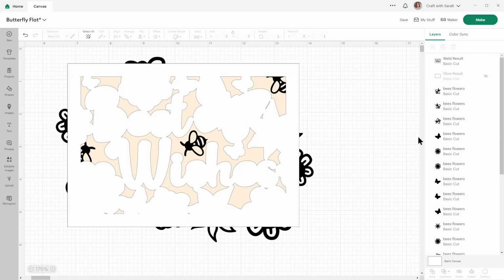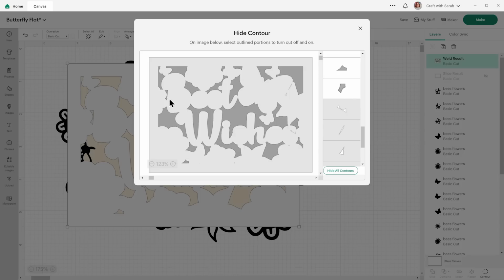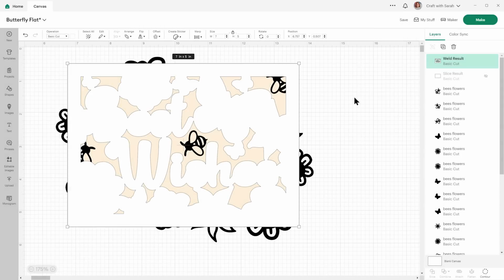There we go. Okay, now we can fill in any little gaps. Don't want to fill in too many, but you see some of these are really, really small and not really adding to the overall effect. So I'm going to fill those in. That one. That's probably enough.